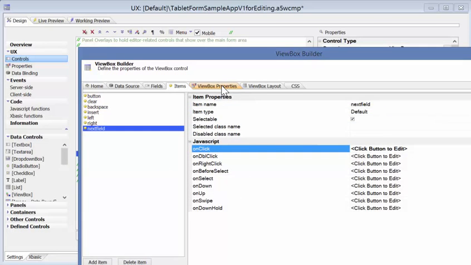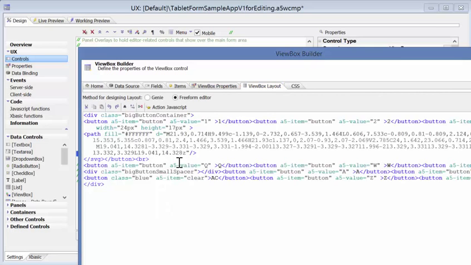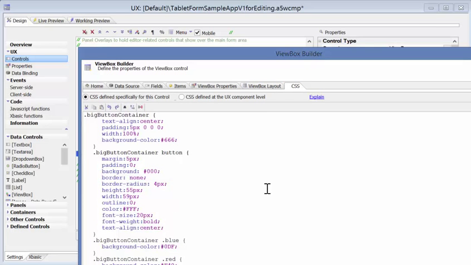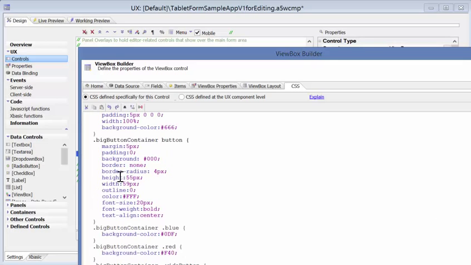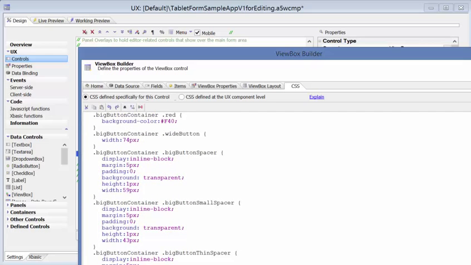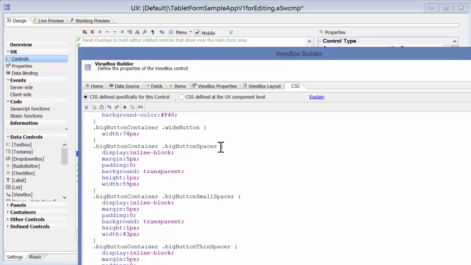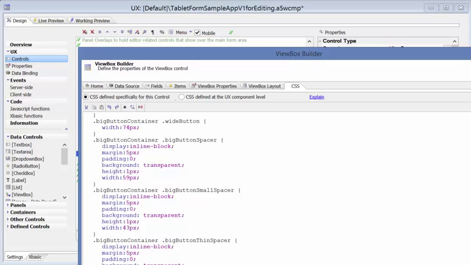If we go look at the CSS, the CSS is very similar, except that the sizes are a little different of the keys for the keyboard at the bottom. But it also has the ability to have wider buttons and narrower buttons and spacers that are transparent. Okay, the reason for that